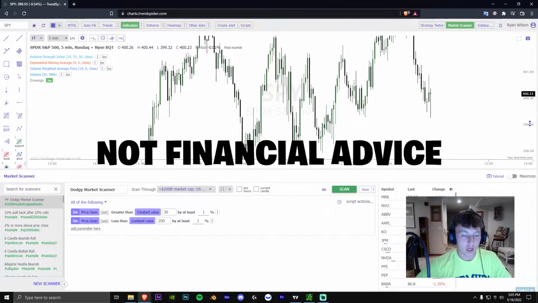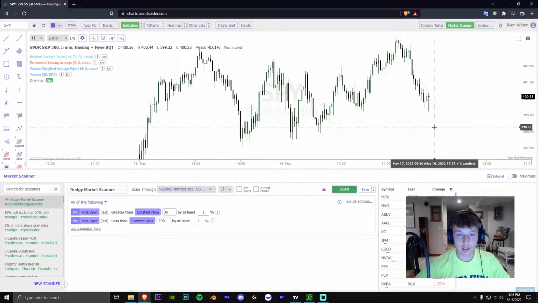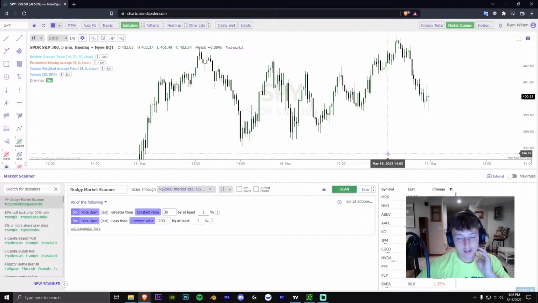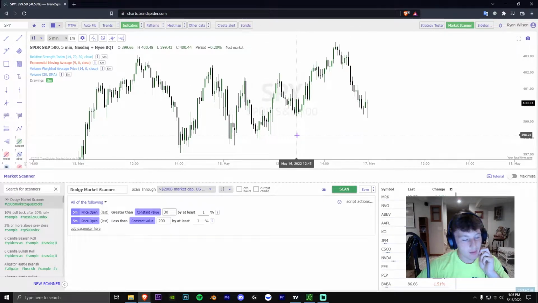Today I'm going to be showing you guys a market scanner I use, and it's not your typical market scanner. This market scanner I made is mainly just finding stocks in between these prices with the 5-minute open. The 5-minute candle has to be in between these prices by at least 1%. The reason I like this scanner is because it helps me find these really good setups I look for